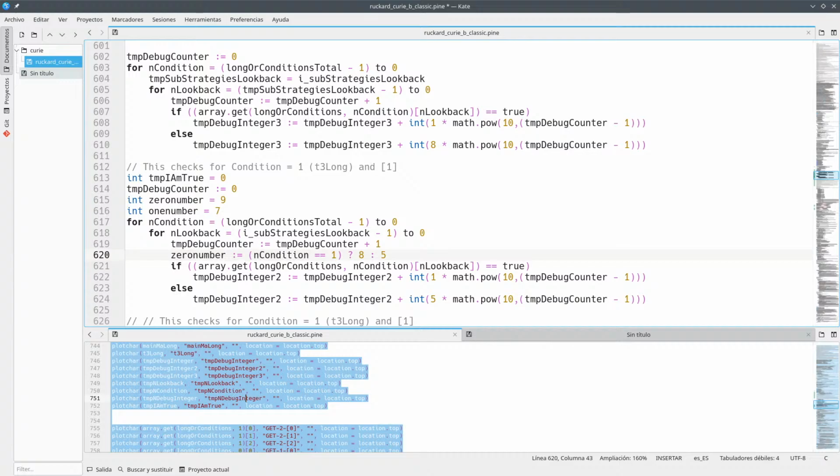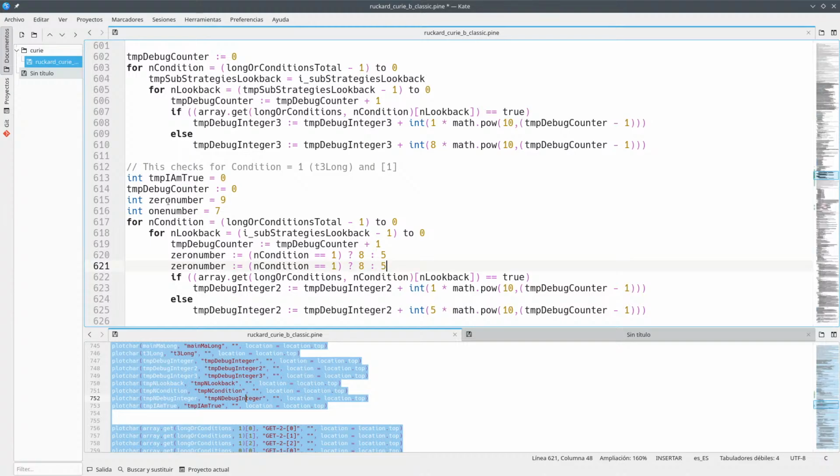Oh, I want this to be this kind of one number. So when the number is going to be, so if the condition, yep, so when the number should be